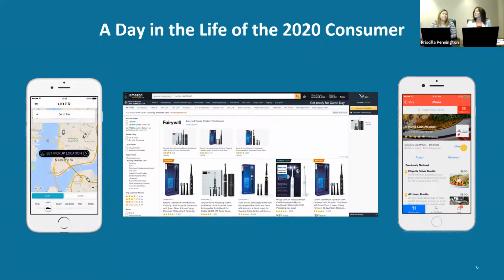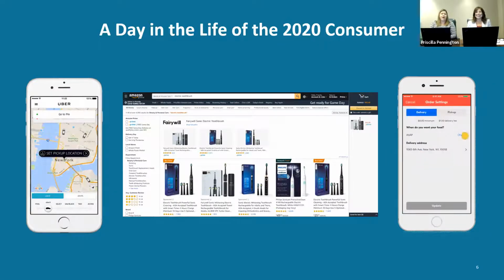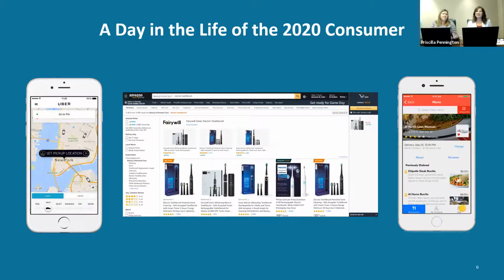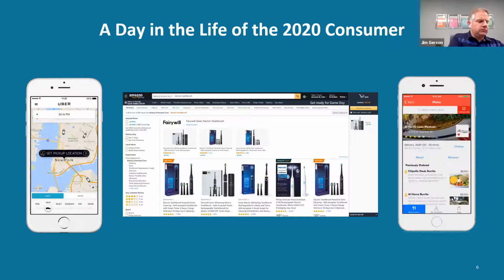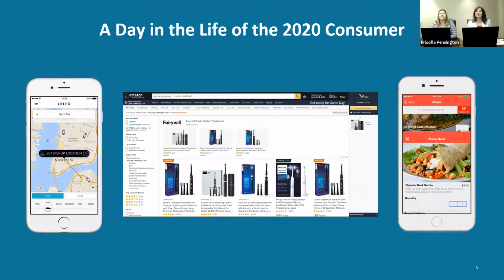I forgot my phone at the home the other day when I went to the gym, and I honestly thought I was gonna die. What if someone needs me? And that's sad, but you have to think about it from the consumer aspect. We're all super busy, so are our patients. They're completely used to scheduling their appointments, paying all their bills online, and they really do expect that same experience